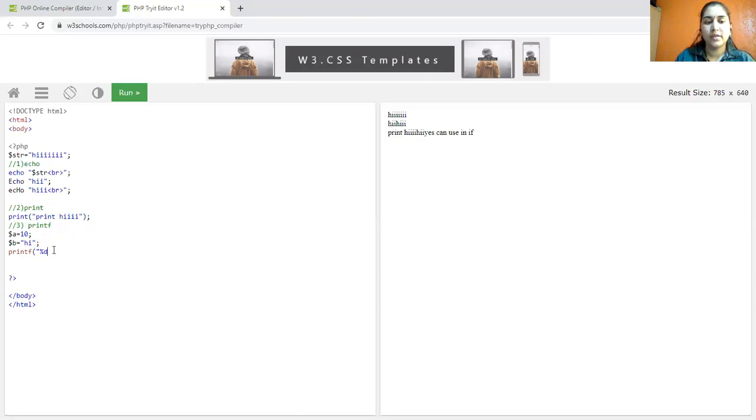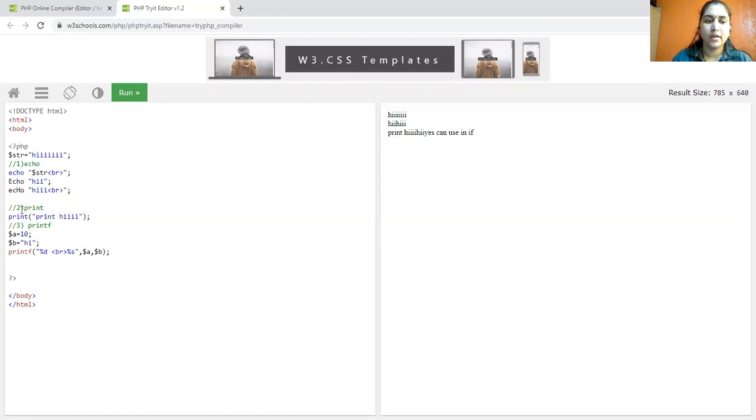So %d I'm going to write, and then suppose I write one br statement, so it will go to the next line. Then %s, that is string type. And now the parameters: first is $a and then $b.